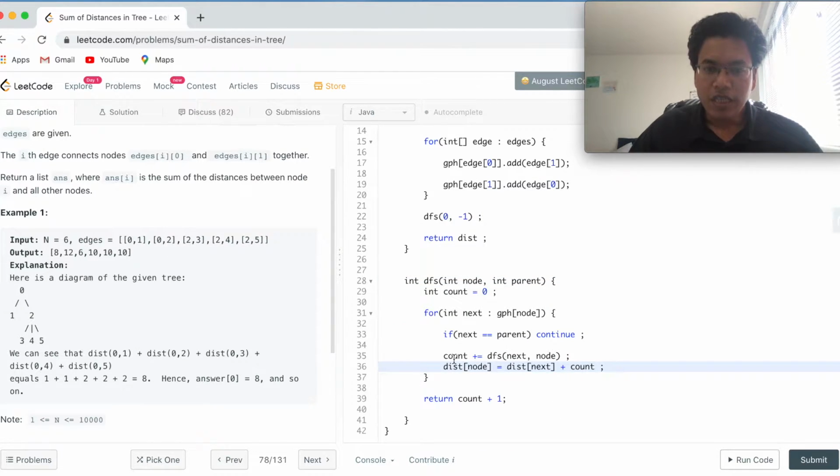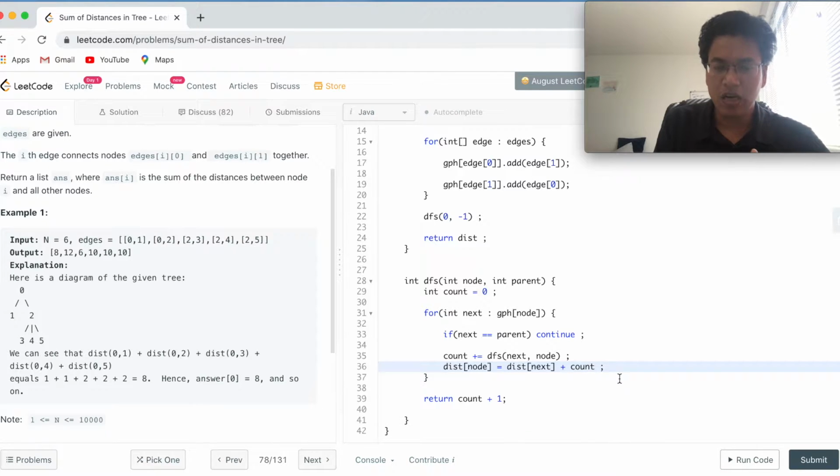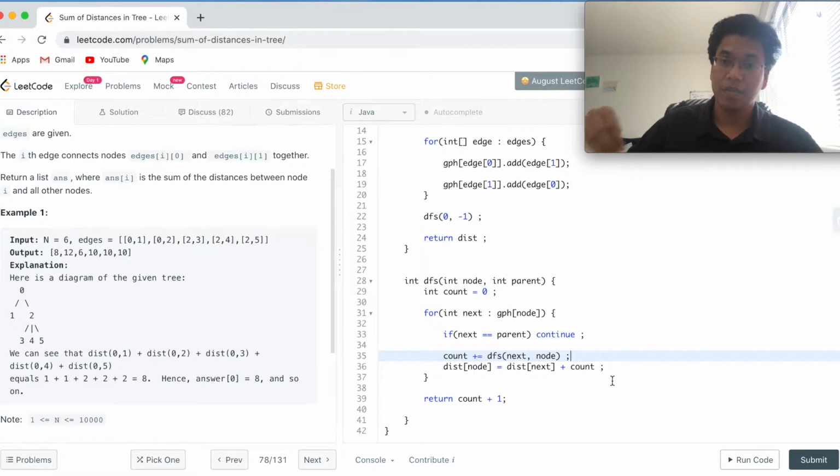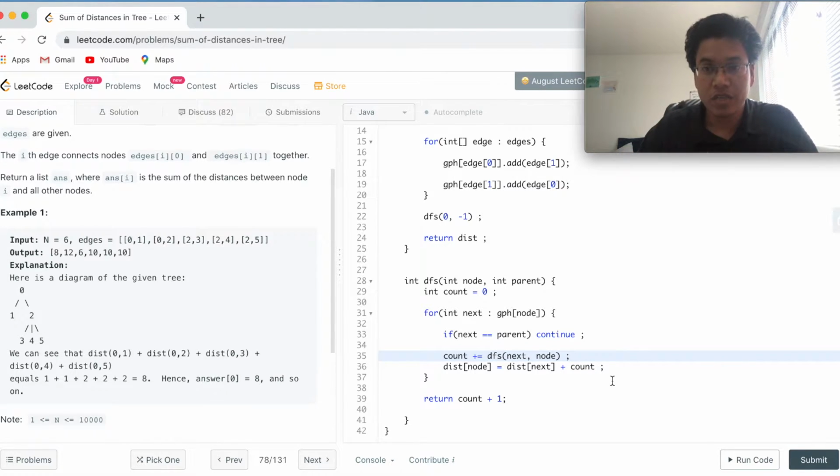Good. Now if you see this count, we are not saving the individual count, right? So to save this individual count, we need to modify this method a little bit. If you see this count plus equal to DFS step, what we are doing is calling the DFS method recursively, and with the bottom up approach we are calculating the count for each step. To do this in the same manner, we have to call the DFS method first and then calculate the count for the individual step, right?